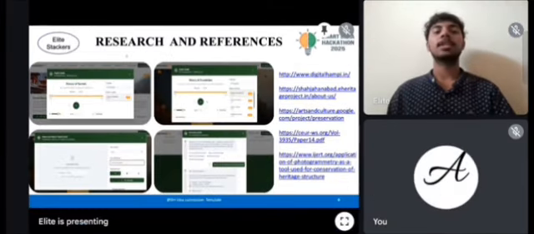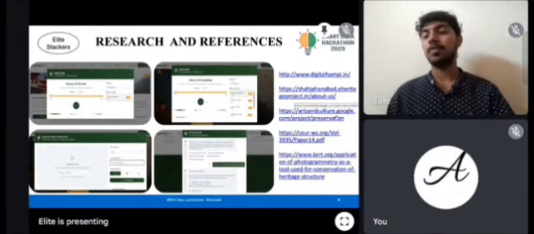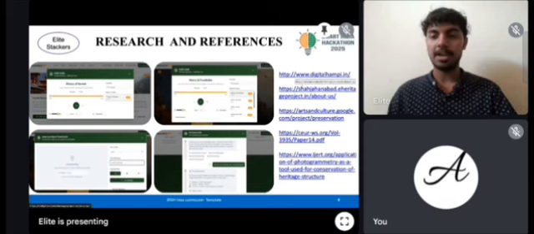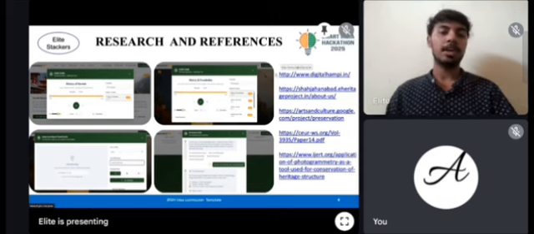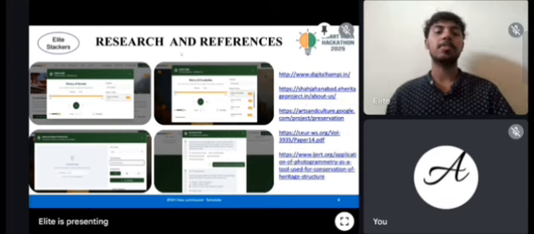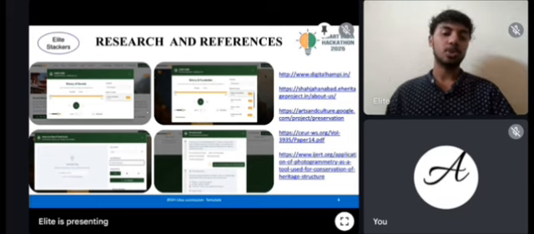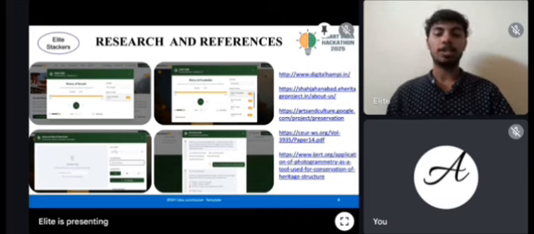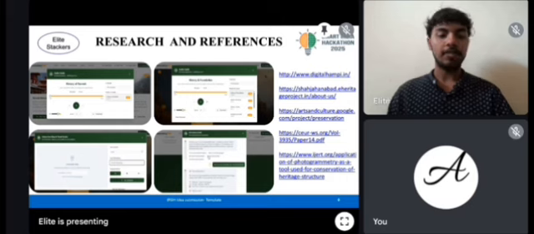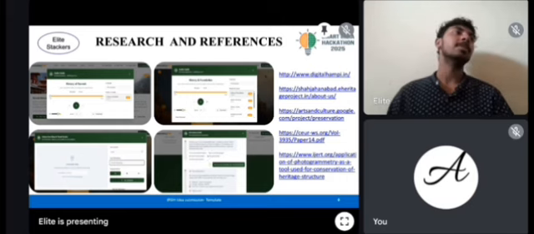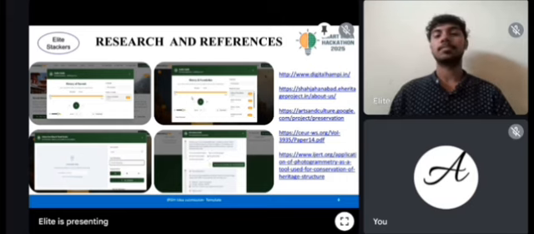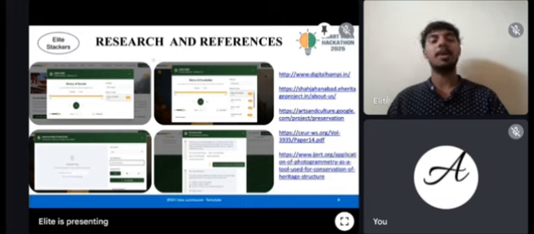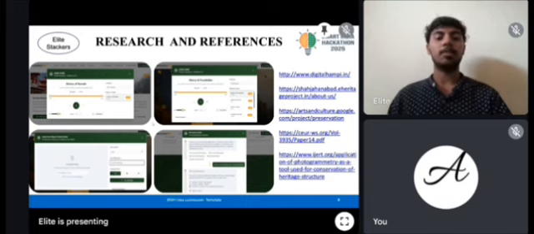This slide explains the research that we have done from a few websites to gather information to design our prototype, and here are some of the references that we have pasted from our prototype that show the special functionalities of the website or prototype, like audio guide, interactive map and travel guide, and the monastery guide like the chatbot that we have inserted in the prototype. So this is the prototype, and we are going to paste the link of the prototype that we have designed.